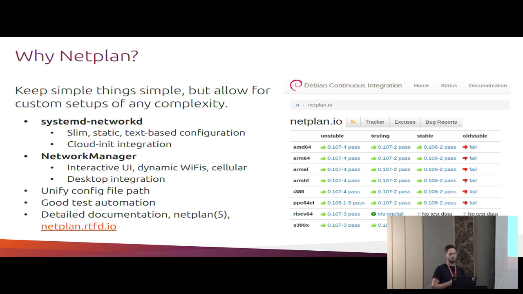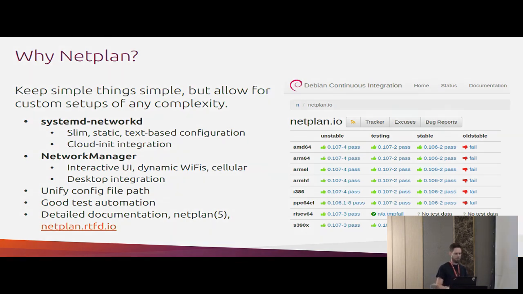And we also put some focus into the documentation for Netplan. So you can open up the Netplan man page, or you can go to our documentation, the Read the Docs website, where each setting that is available to Netplan has some brief explanation of what it's supposed to do, in addition to tutorials and some background explanation about stuff.